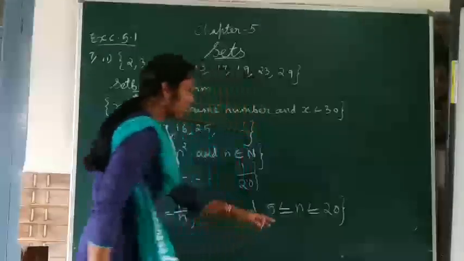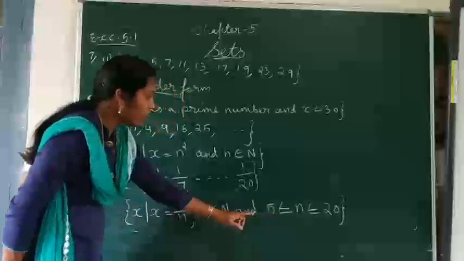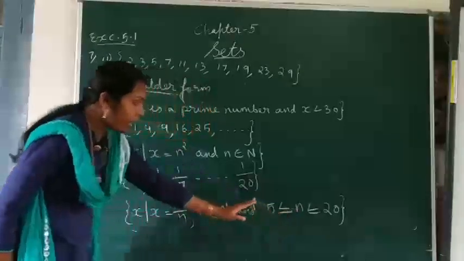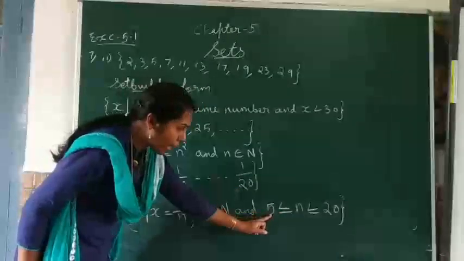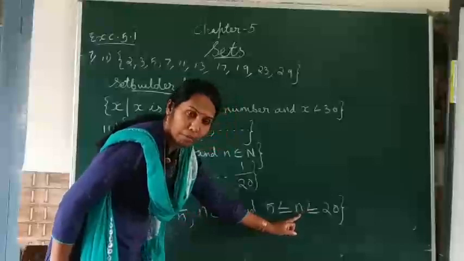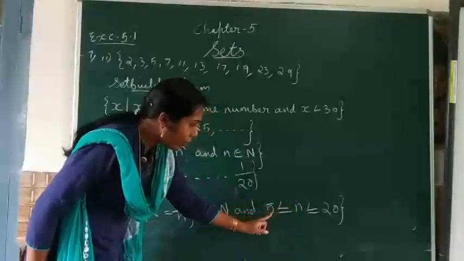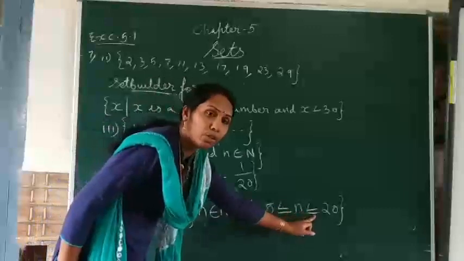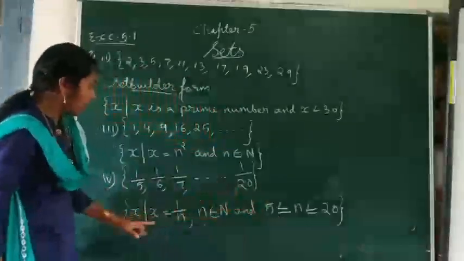Here the symbol less than or equal to means that the variable n contains the values from 5, starting with 5 up to 20. The values of n will include 5 and also 20. That means 5, 6, 7 up to 20. It will include. So that is the set builder form of the